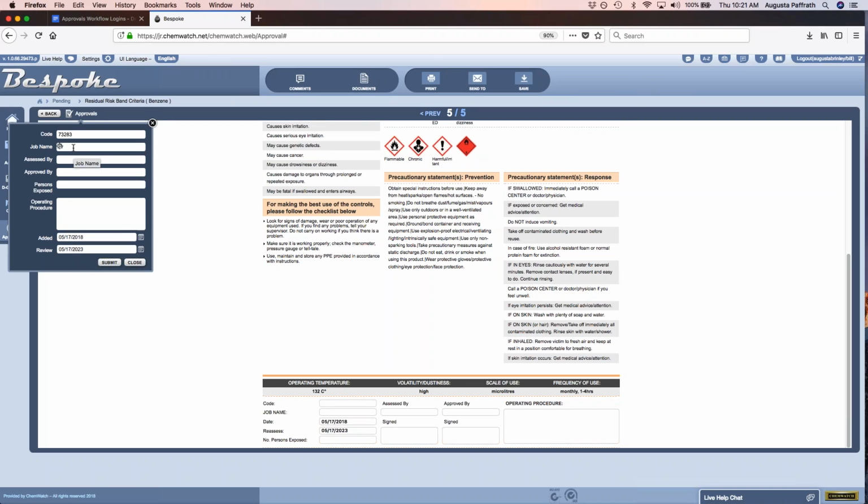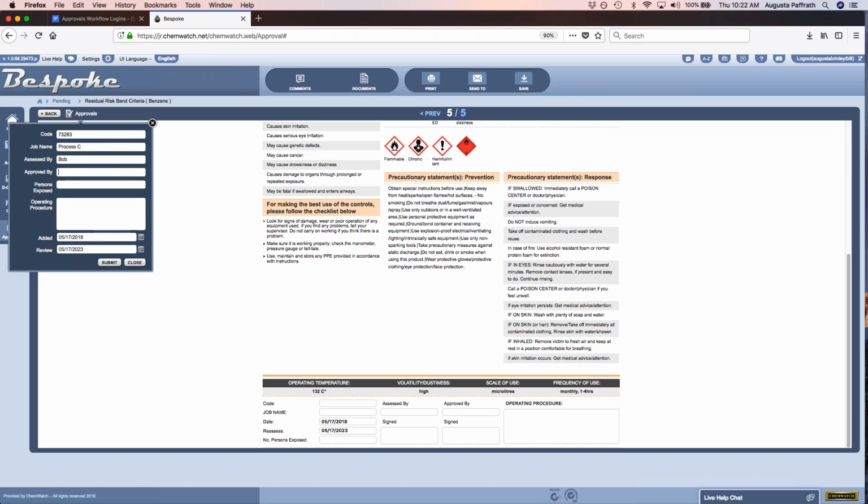So you'll see here, if I would like to add it to a job or a process, it will show me all of those that are already saved within the system. So these are all the processes that I have, or I could create a new process. So in this case, I will go ahead and add this to process C,